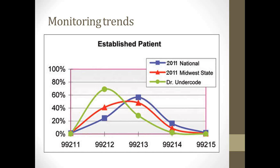The OIG has put out a report called The Coding Trends of Medicare Evaluation and Management Services, and I've included their 39-page report on the MSO website. The study is a part of an ongoing series that focuses on the rising costs of Medicare payments for E&M services in order to identify coding trends within Medicare and to monitor physicians who are at their highest coding categories. From reviewing it, you can see why it's critical that you assess and monitor trends of your E&M services, because